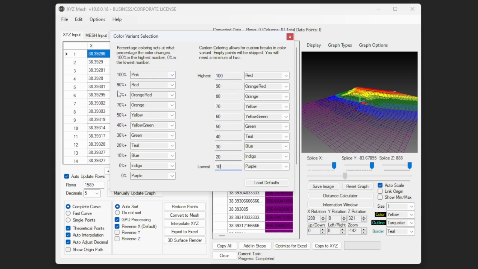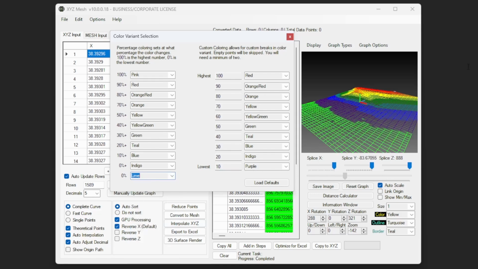You can change these colors to reflect on the graph at any certain point. For instance, if you want the 0% instead from being purple to be a lime green, you can change that, and now anything that is in between these two numbers, which is above 0% or 0%, is going to be lime green. Now anything from 0% to 10% is going to fall into the indigo,